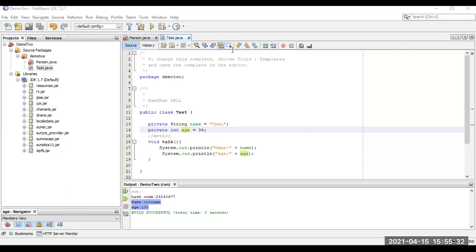Whatever it is, what I told you, please practice that. A person's actions and behavior, like walking, talking. Create three or four more classes in a Java program within the same program and access them with the main method. Try that and practice creating an object. In tomorrow's session, I will tell you how to access private variables or methods outside the class.